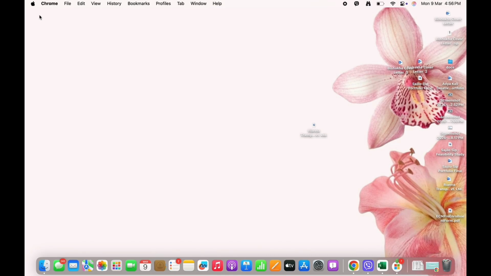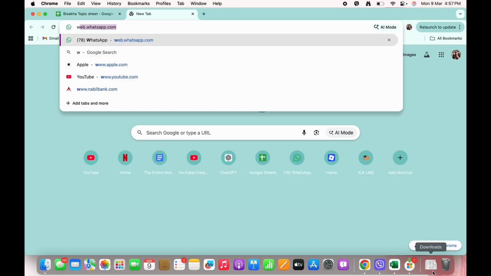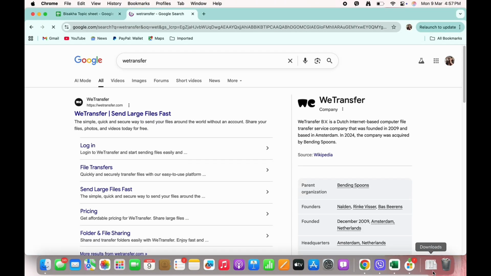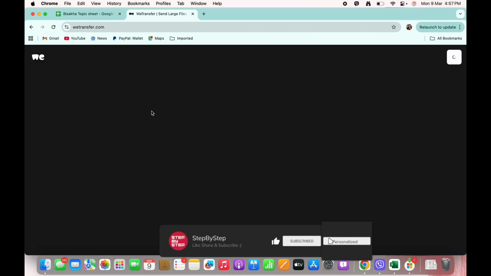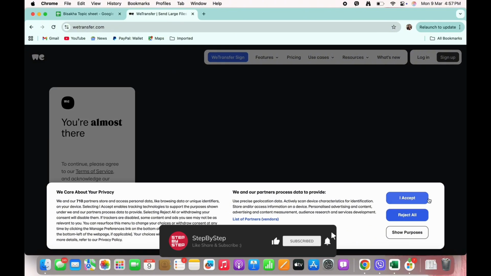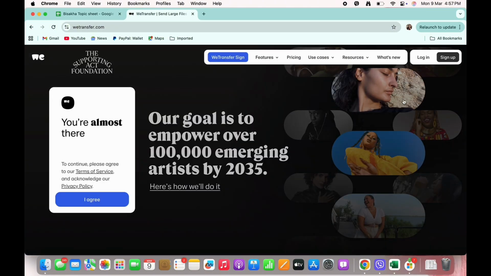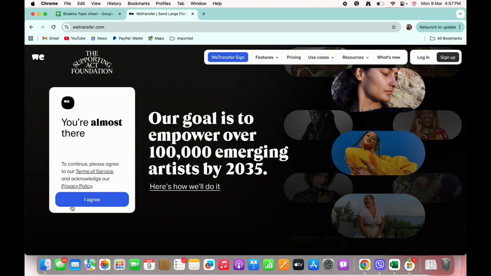Now let's get right into the tutorial. Firstly, go ahead and open your preferred browser and in the search bar, search for WeTransfer.com. Now, in the interface that you will be led to, you can log in or sign up if you want. And if not, then you can simply tap on the terms of service you see there and then tap on